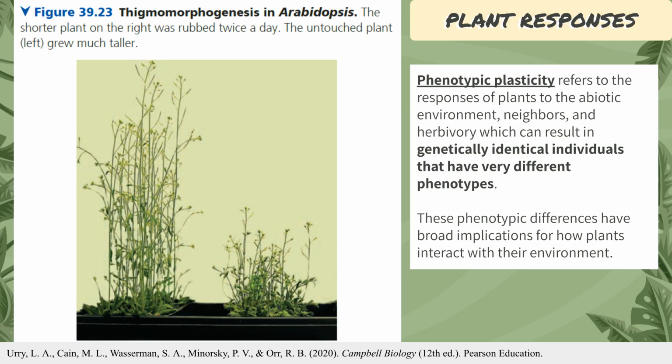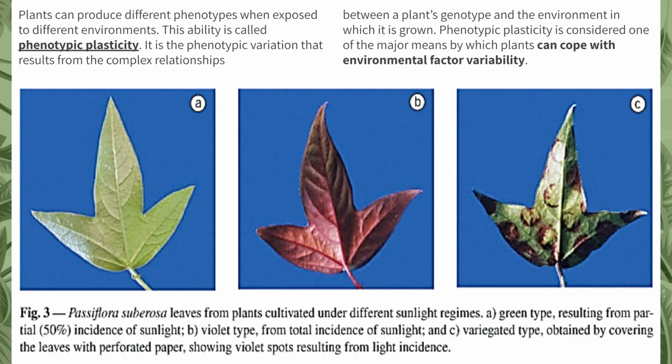Because these differences are caused by the environment, the physical stress, rather than different genes, it is a clear manifestation of phenotypic plasticity. Phenotypic plasticity are responses to abiotic factors, neighbors, or herbivory that result in genetically identical individuals having very different physical appearances. The leaves of Passiflora tuberosa exhibit distinct color and pattern variations, depending on the amount of